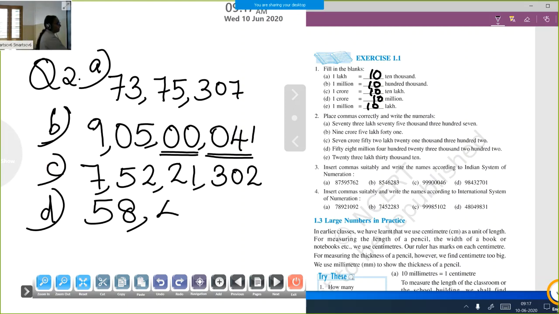423,000. See, 3 digits in each period because international. Then 202. You just see teacher is copying the numbers properly, okay? 58 million, correct. 423,202. Correct, children? It's okay. Why teacher wrote like this? Because each period in international system consists of 3 digits. So see, ones period is having 3 digits, thousands period 3 digits, million also 3 digits because it is starting, so we can write like this way.